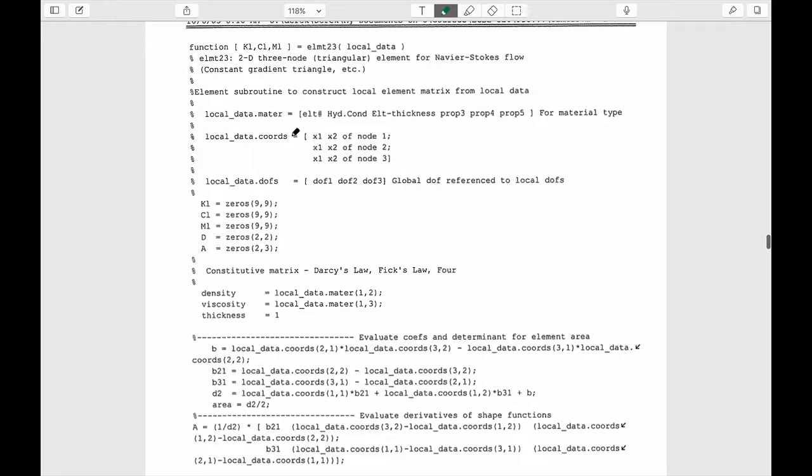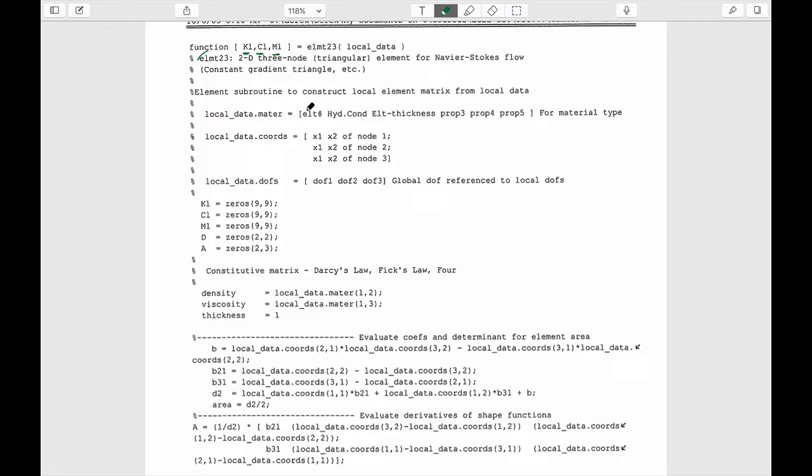Again, in terms of what this element subroutine does, we want to be able to send it some interesting data for the elements, and we want to calculate a conductance matrix, a capacitance matrix, or a mass matrix, and then return these back to the main program. That's all it's attempting to do. We have certain nodal coordinate data. We have some data that says something about the